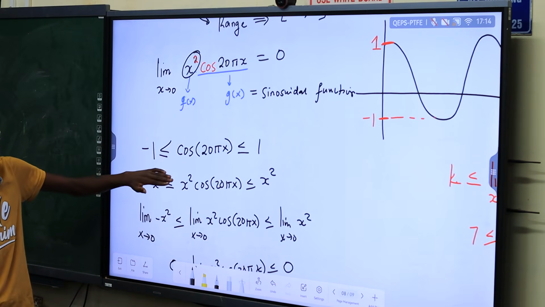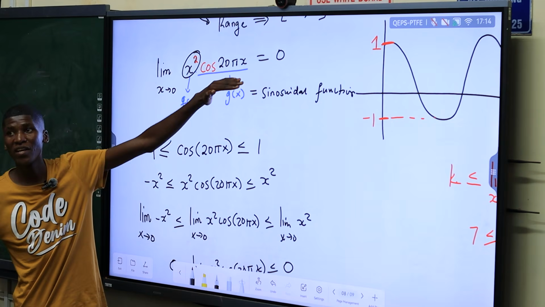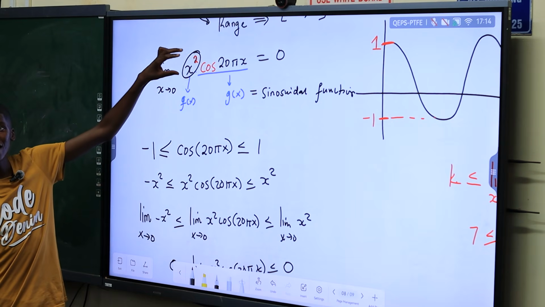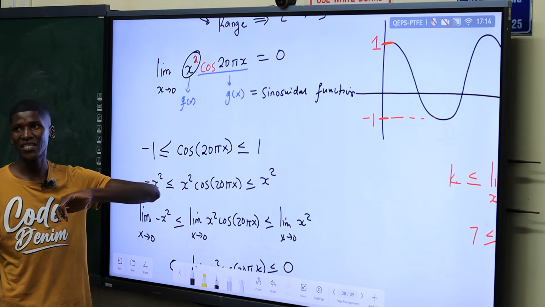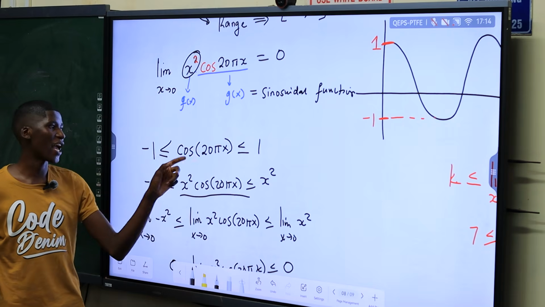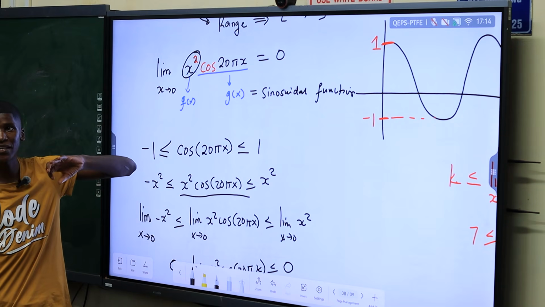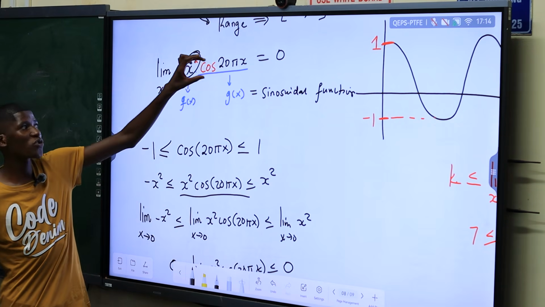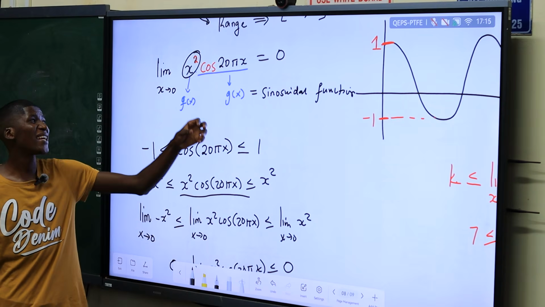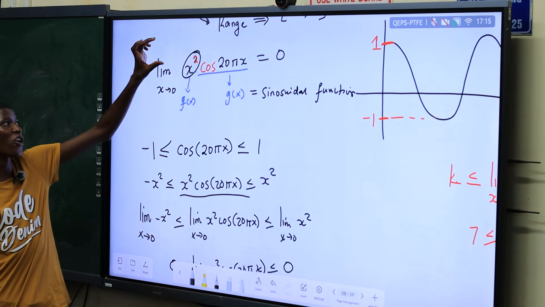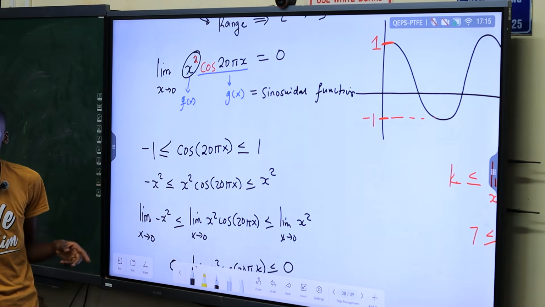We put x squared because the function whose limit we want is not only cos, it is multiplied by this x squared. So for you to be able to solve the limit, you must multiply by x squared throughout the range, so that when you take the limit you can solve the actual limit of this function. Our cos has the range of minus 1 and 1, every cos function does, but what we have is not only cos, it is multiplied by x squared. So you multiply it through with x squared so that you replicate it.